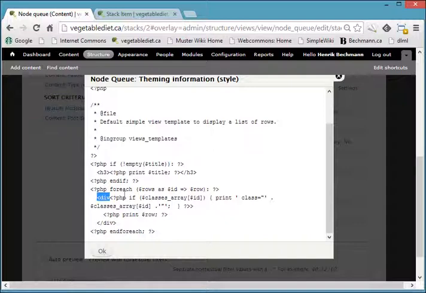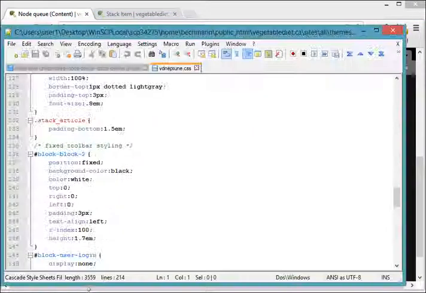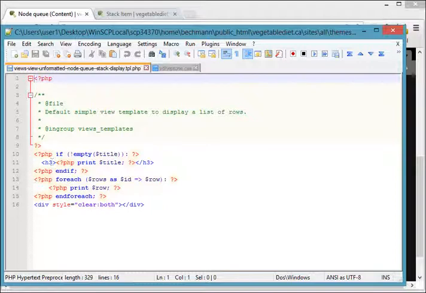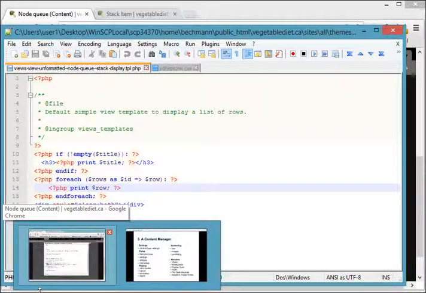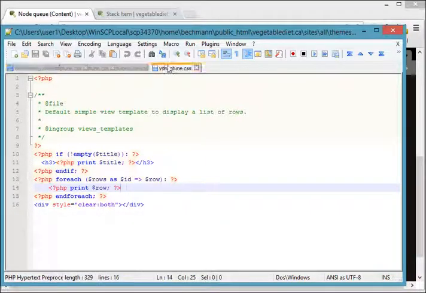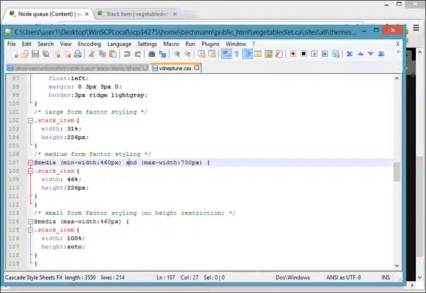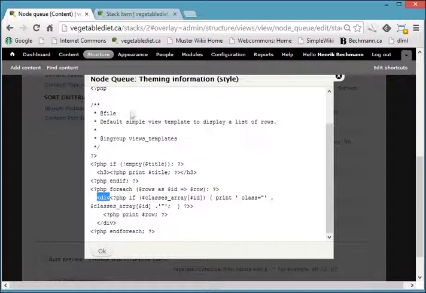That would not work in this case because I want these items to be stacked horizontally, not vertically. And so what I've done is literally copied that template and reproduced it, but without the div wrapping each row, and that allows the content boxes to stack horizontally. And of course, with the CSS and a few simple media statements, I was able to